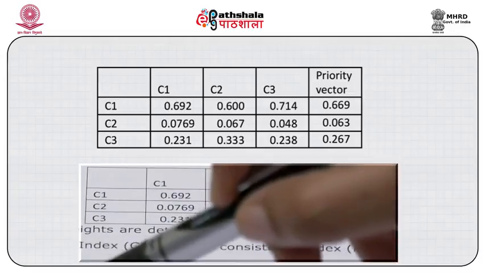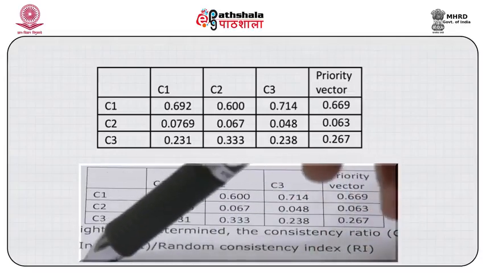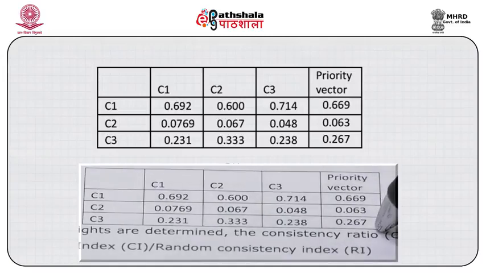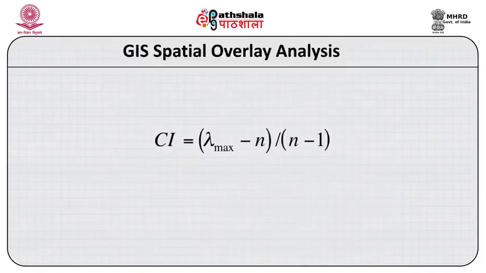Now lambda max here is your principal eigenvalue, which is calculated as the summation of the product of the total columns from table 1. So if you look at this equation, lambda max, the principal eigenvalue, can be obtained by summation of the products of all the columns in table 1 and the priority vectors in table 2. So the ratio of this total divided by this, you will get a CI index. Now if this CR index is greater than 0.1, then some of the pairwise values need to be reconsidered.